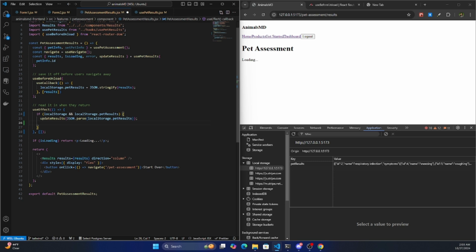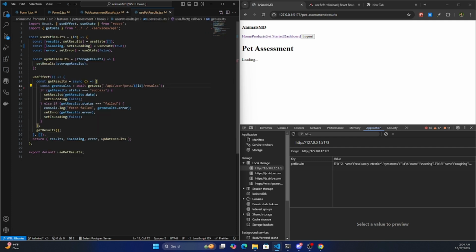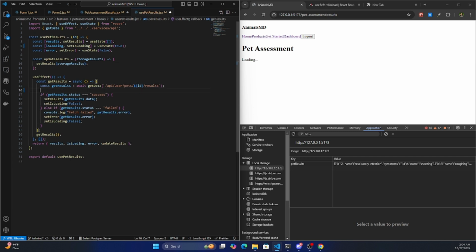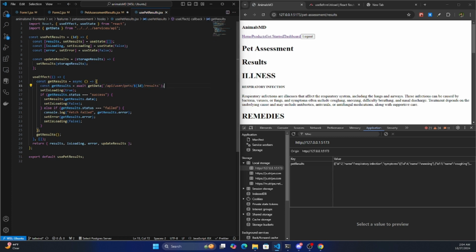On refresh, we are using this, and is loading goes back to its original state, which is gonna be true. Initially, it's going to be false, and then it's not going to become true until we have the. What I don't understand is why, if we set is loading to true here, and we put this as false,